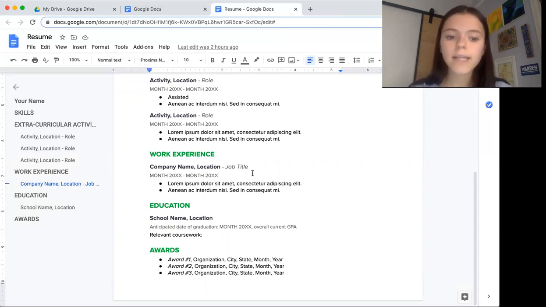So for work experience, it's very similar to extracurriculars. You're going to say the company name, the location, and then the job title. And then you're going to list how long you were there, or if you're still there, you're going to say present. And again, you have these bullet notes where you get to list some of the ways that you either spend or spent your time there. So moving down,